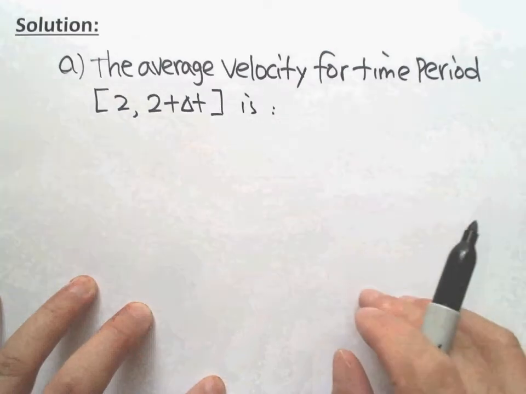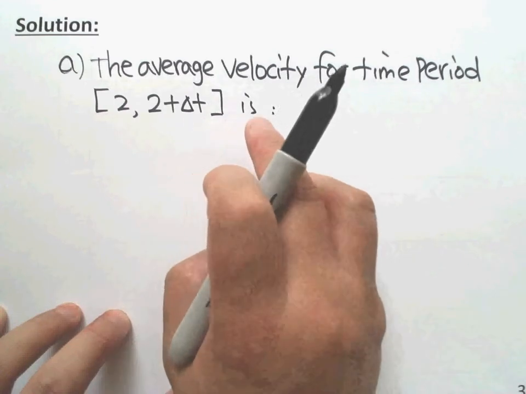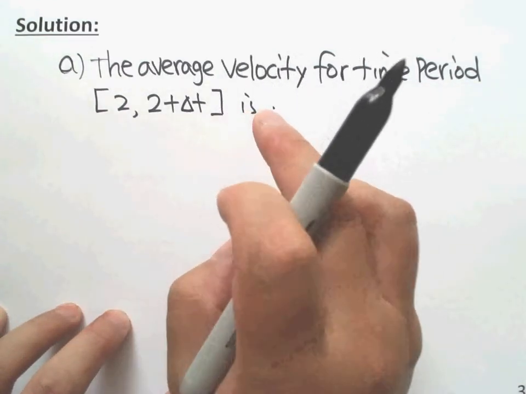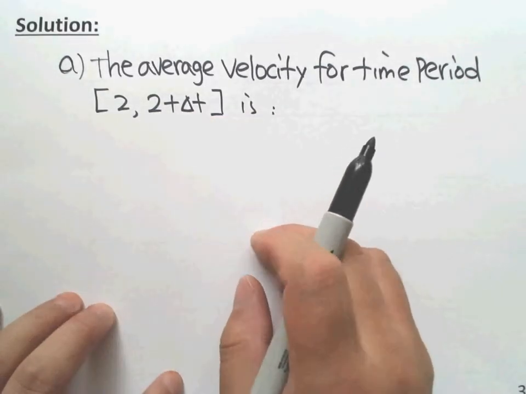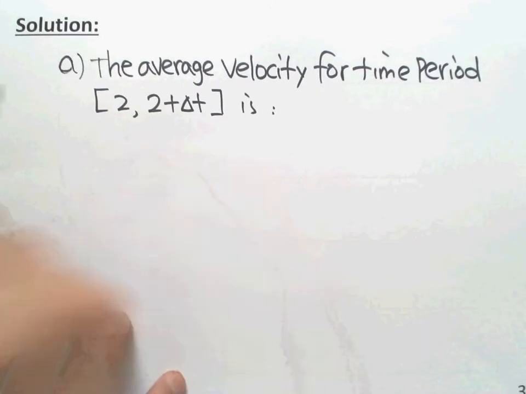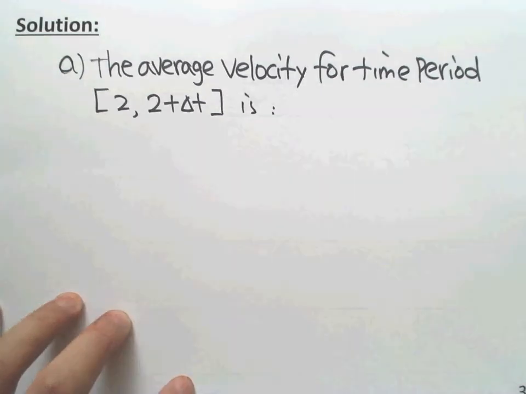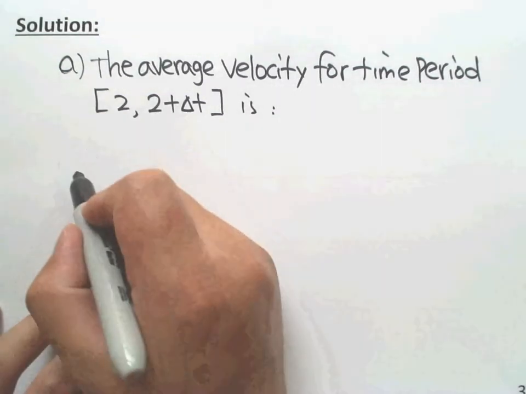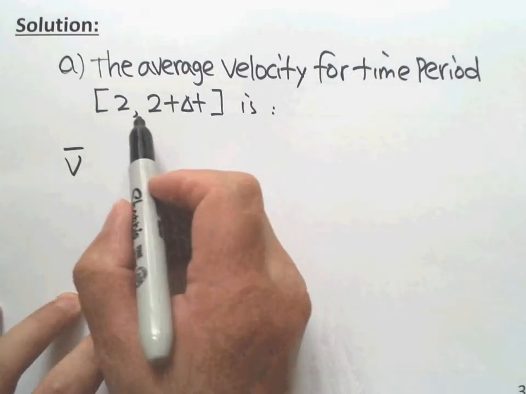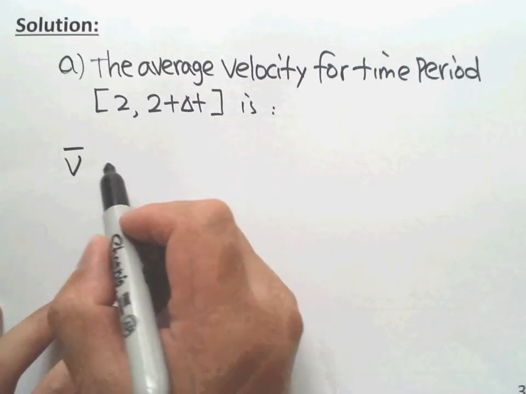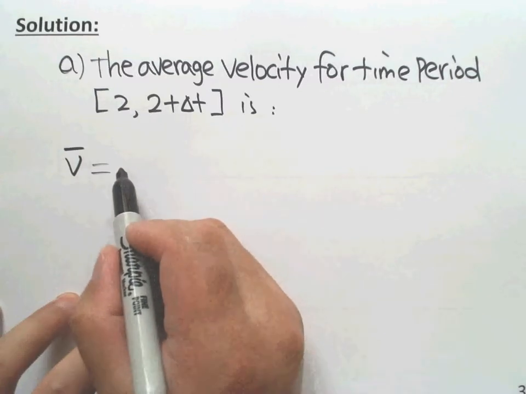Okay, and then now we need to get a general formula. Because we just see delta t should be 0.5, 0.1, 0.05, 0.01, 0.001, right? So later we will change delta t and find the change in the average velocities. So we find the general formula. And the general formula should be like this. I use V bar. V bar is the average velocity between this time period, which we can find should be